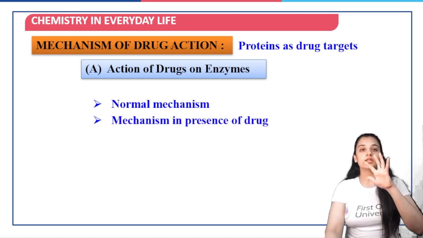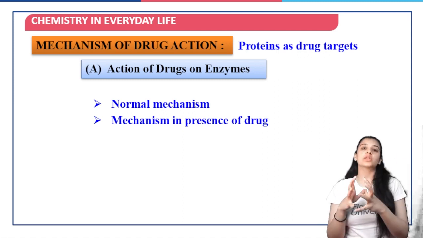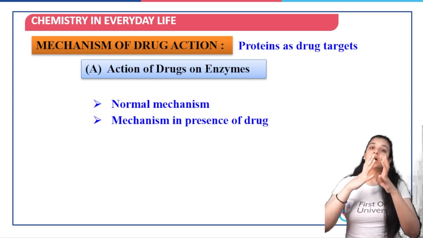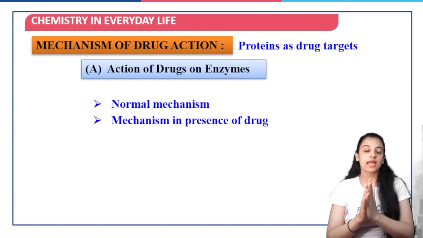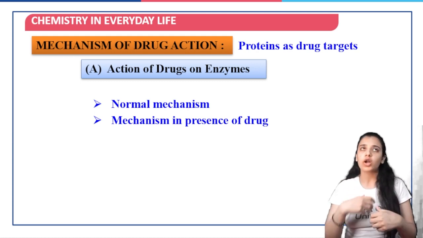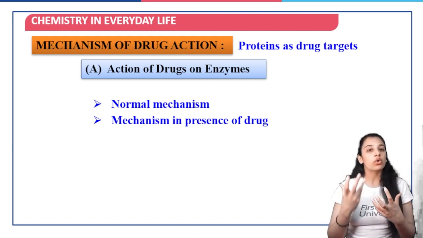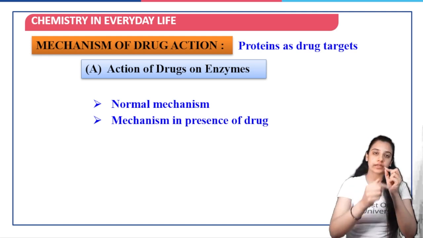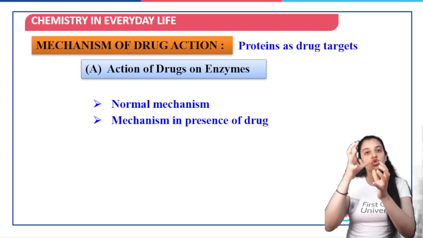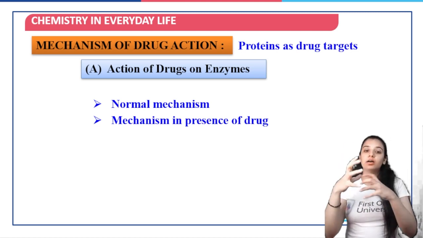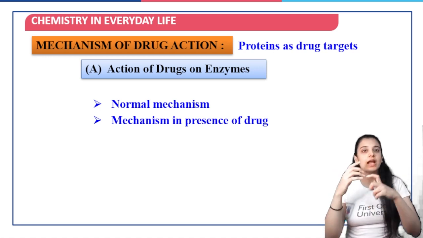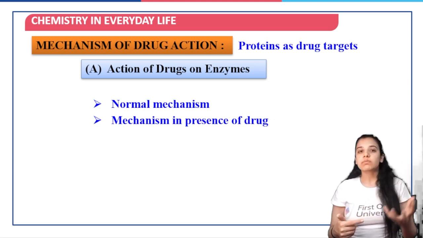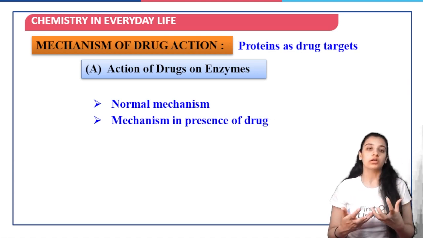When there is an enzyme, there is a substrate also that will bind to the enzyme and show its activity. So that's the normal mechanism. But what happens to the mechanism in the presence of a drug? Now let us say that you've been caught with some microbial infection. This particular microbe is going to be acting as the substrate which will bind to a particular enzyme or a particular protein. Or supposedly a virus, you've got common cold or there is some serious viral infection that you've got.